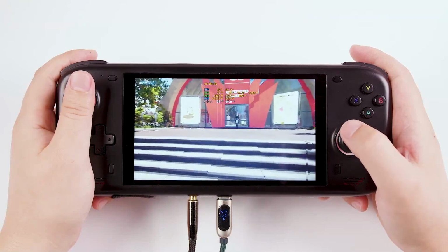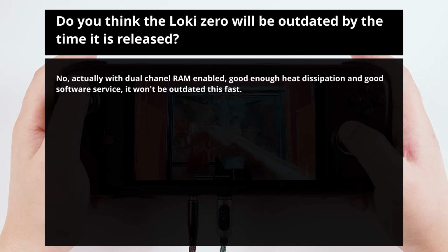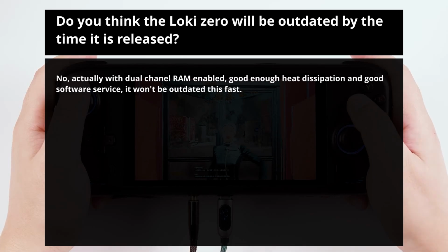Next question, and this one's very good. Do you think the Loki Zero will be outdated by the time it is released? The answer, no, actually with dual channel RAM enabled, enough heat dissipation and good software service, it won't be outdated that fast. Yeah, that's a good answer, but I do have to say that I do think that there is